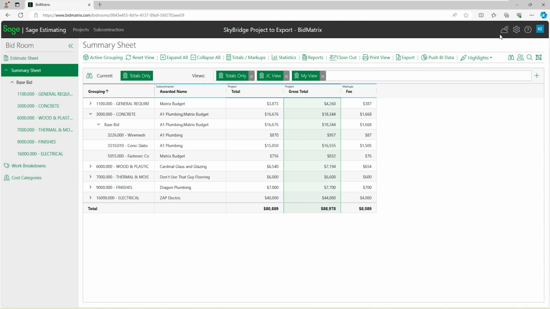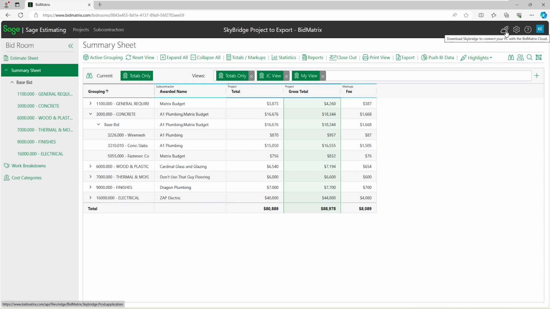As I look here, this icon stands for SkyBridge. If you notice, right now it is a white color. White basically just means that it is not set up at the moment for my user, or isn't running in the background yet. When it turns green, it's actually connected and so forth. So that's what I'm going to take a look at.